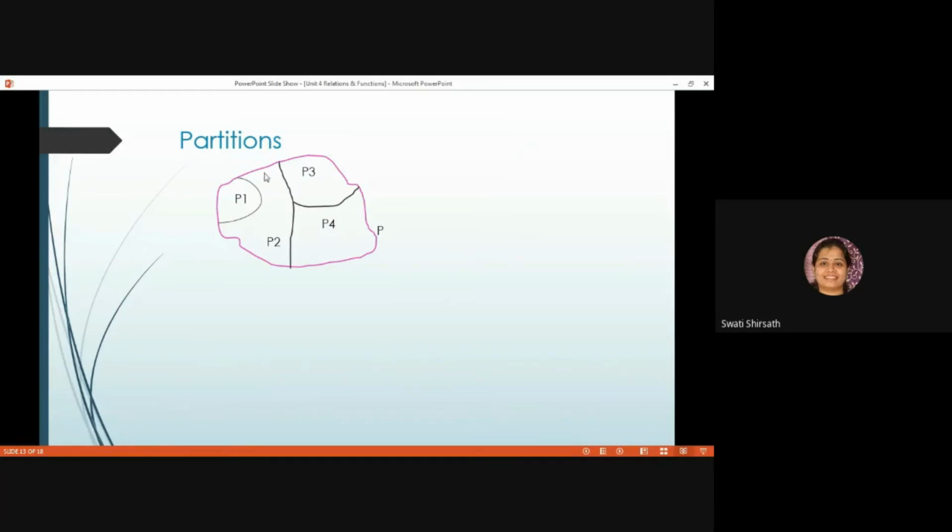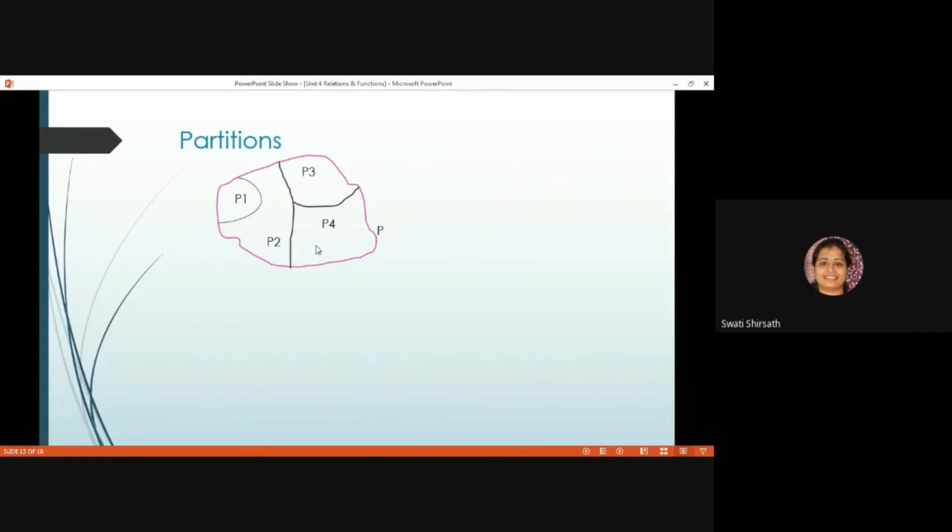Now these blocks are divided, and it means that all the pairs, all the elements of this relation P, are divided into these blocks. Okay. So a few elements fall in this one, a few in this one, this one, this one. And all of them have distinct elements of this relation P. Okay. So it is not like a Venn diagram where they are overlapping. So all elements of this relation P are divided into these blocks or cells.